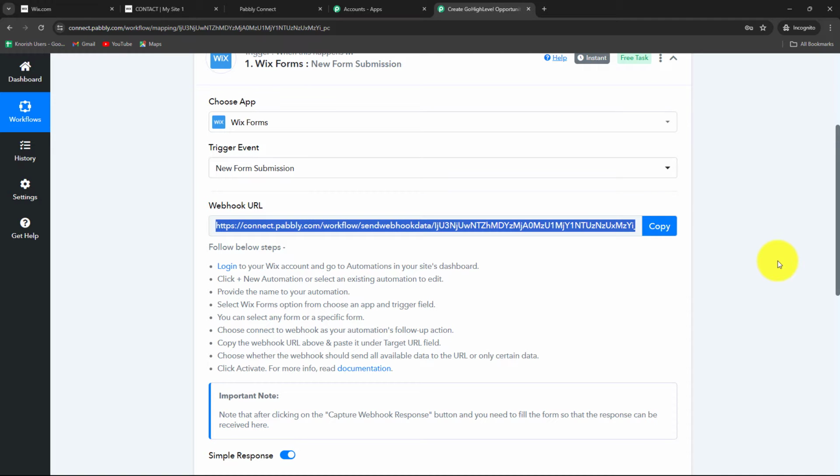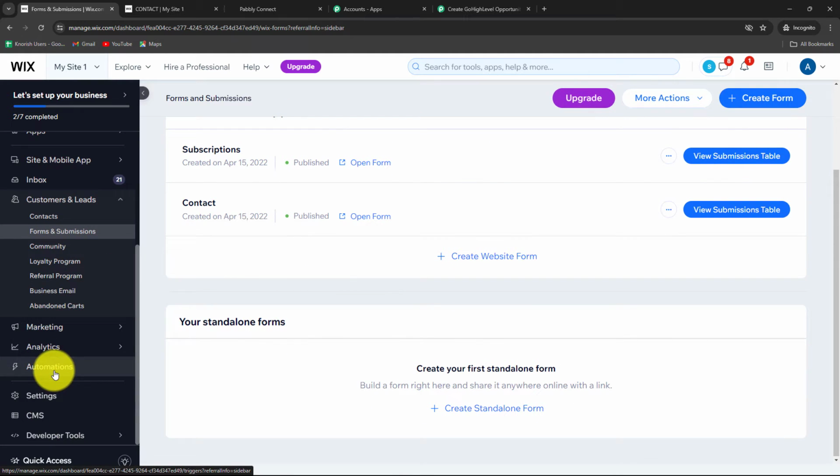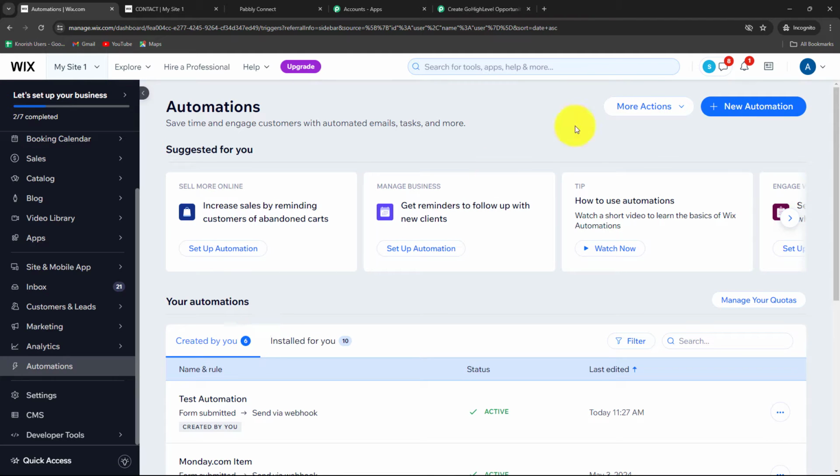and then I'm going to tell you exactly what we are supposed to do. So for that, I'm going to take you towards my Wix Forms account. So this is my Wix Forms account. Now when we scroll down from the left side, we will find the option of automations. So to set up this connection, we have to go towards automations, and then we have to click on this